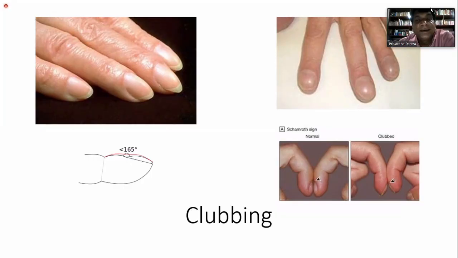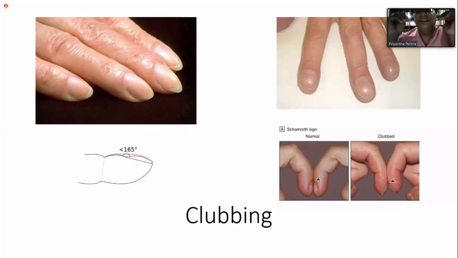Atypical pneumonia sometimes can cause it, right? Interstitial pneumonia can cause clubbing. Cyanotic heart disease can cause clubbing. And in the GI system, some inflammatory bowel diseases like Crohn's disease and ulcerative colitis can cause clubbing, right? So this is what you call clubbing. An important physical sign. Look at the hands and feet.